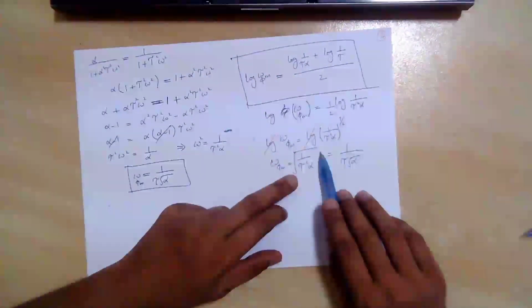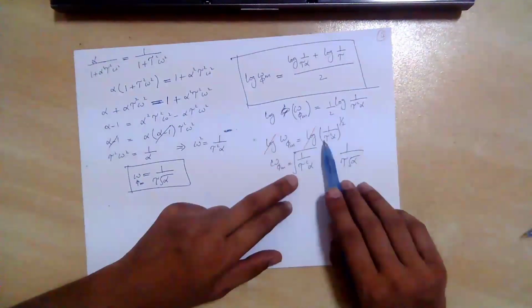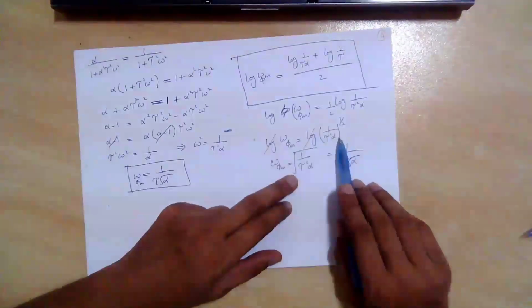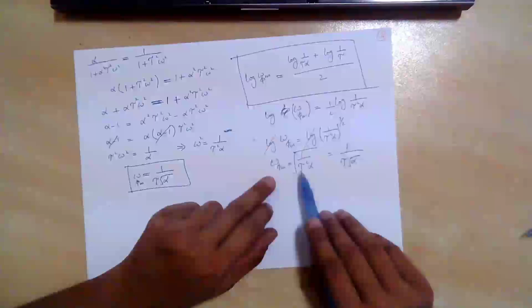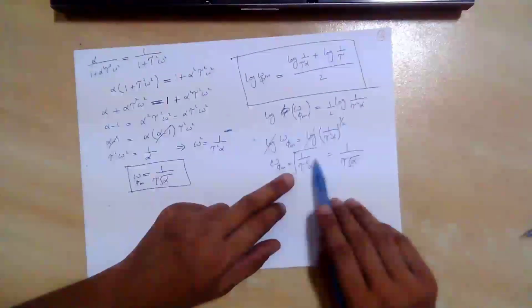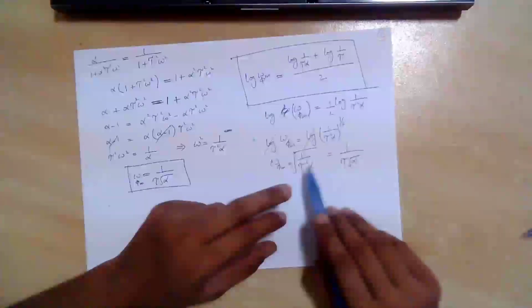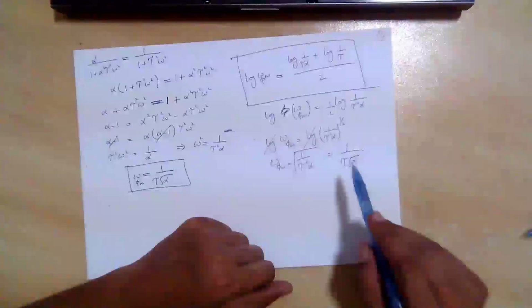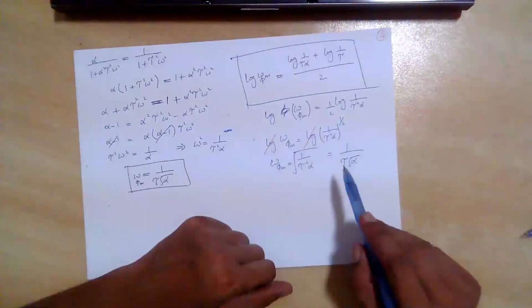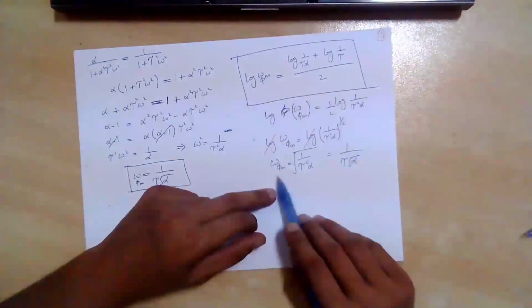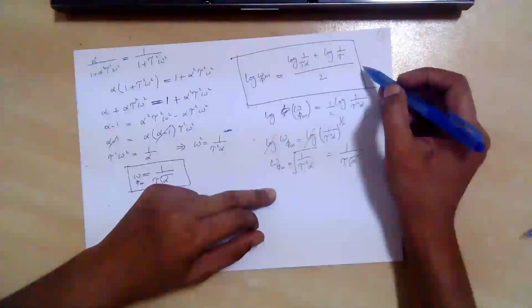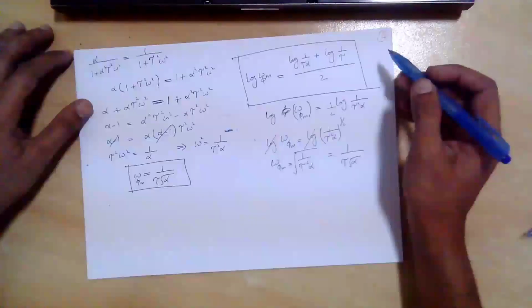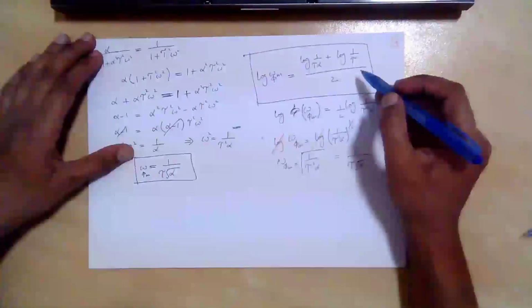So I just multiplied it, which becomes 1 over tau square alpha. And for a geometric mean, if there are two quantities I need to take the square root, for three quantities I need to take the cubic root, right? So this is a geometric mean. This is an important property, remember, it might be useful somewhere. And that geometric mean on the log scale is arithmetic mean on